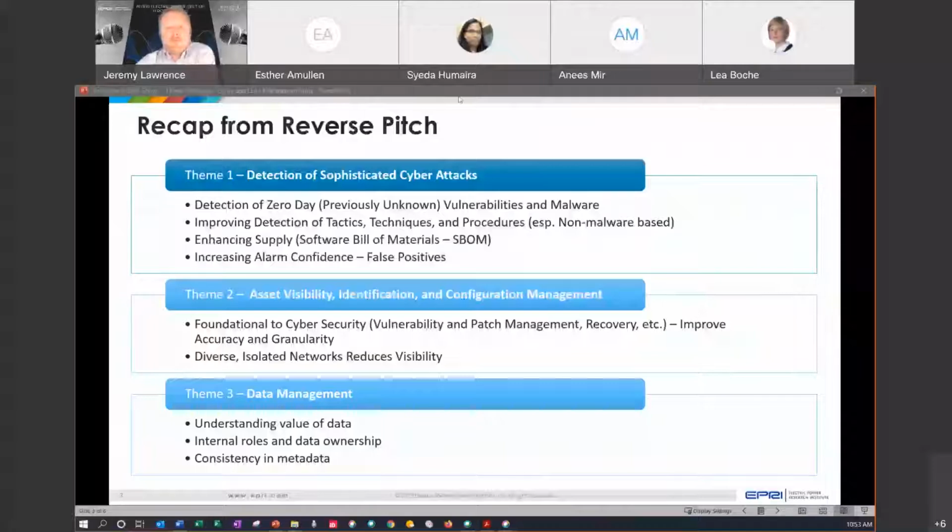Okay, good. It's kind of interesting that Leah just talked about security over data that we use for AI. So it really seems that the cybersecurity challenge is twofold. On one hand, it's how do we use AI to secure systems? But on the other hand, is how do we secure AI itself? Because